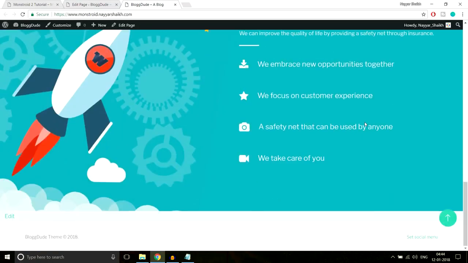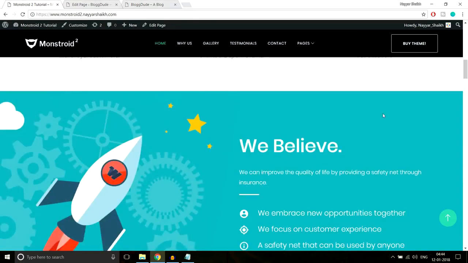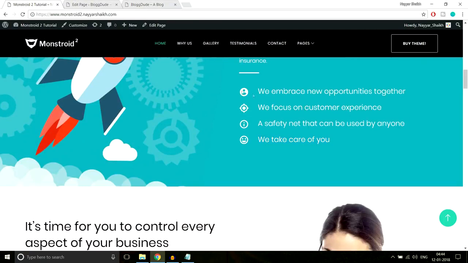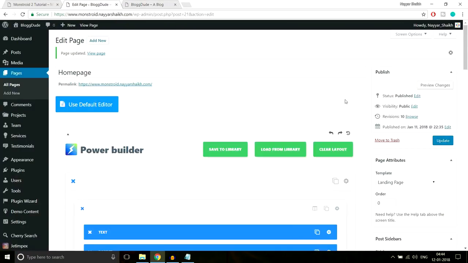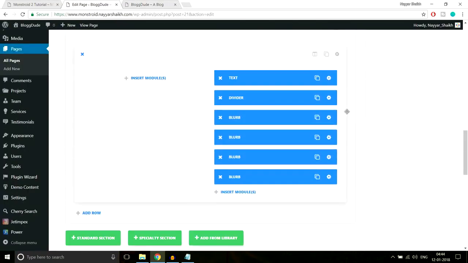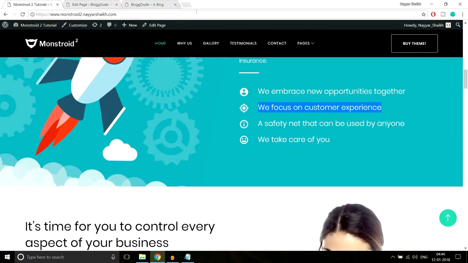Let's refresh our page. Okay, now this looks really amazing. So this is really looking nice. Now if you see over here, there is almost no gap between this first and this second blurb, but here we have a nice amount of gap. If you like this gap between these blurbs, it's alright, but if you don't like it, you can just decrease it or totally remove it. Okay, so what you can do is, okay fine, so we have bottom gap,